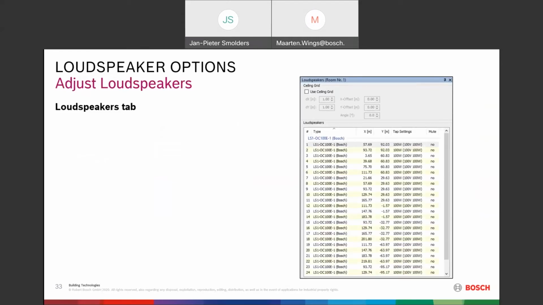Now the adjustment of loudspeakers. In the loudspeaker tab, you can select individual loudspeakers. Like for instance, here I have selected the first loudspeaker you can see here in this screenshot. On top of these